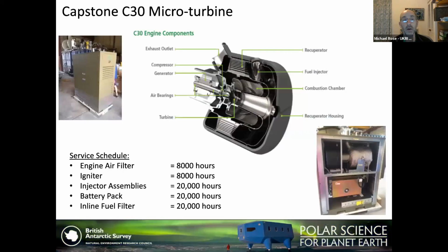So this is what the Capstone microturbine looks like. It's a bit like a jet engine in an aircraft, although it has only got one moving part. It's got one moving shaft with a turbine and a generator on it. That moving shaft is on air bearings, so there's no